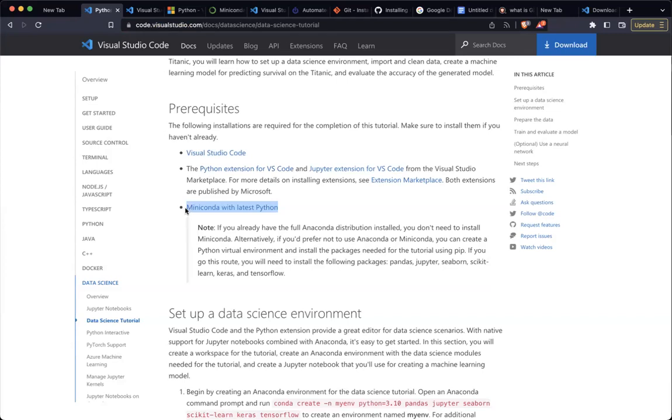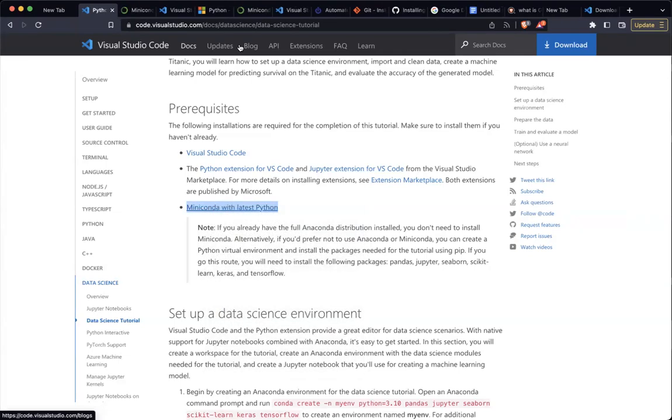So what is Mini-Conda? We already know Conda, right? Anaconda. When you install the Anaconda distribution on your computer, Anaconda is very huge. It's very large in the sense that you will install a lot of other stuff that you may not really need at this point in time. It can take a lot of space in your computer. One of the lighter versions of Anaconda is called Mini-Conda. You can see from the name, Mini, so small of Conda. Mini-Conda contains everything you need